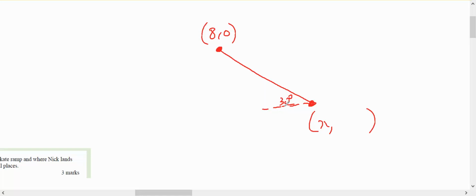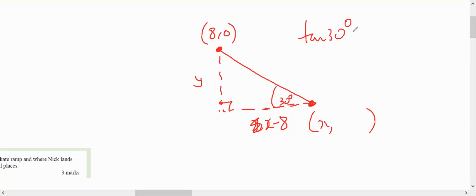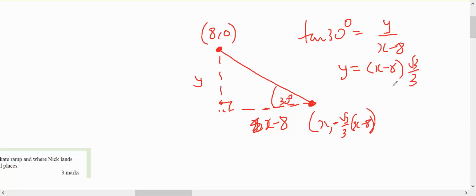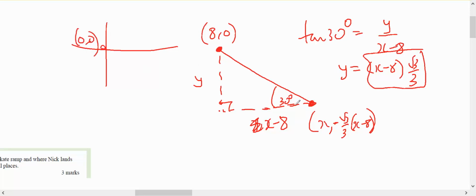They gave me 30 degrees so I can use it to create a right angle triangle. I know that this will be x minus 8, and that this y component, if I use my 30 degrees, the tan of 30 degrees will equal y on x minus 8. Therefore, y equals x minus 8 times tan of 30, which is root 3 on 3, or 1 on root 3. So it will be negative root 3 on 3, x minus 8. Since that magnitude is this, but of course I made this (0, 0), therefore this coordinate down here will be